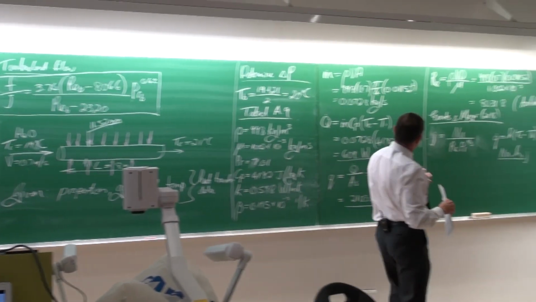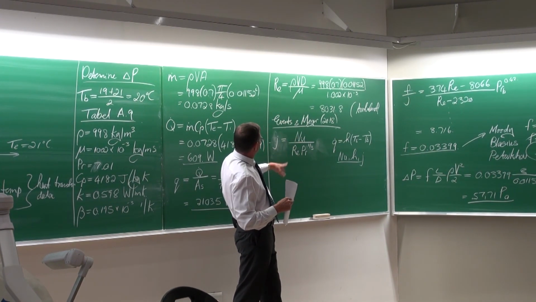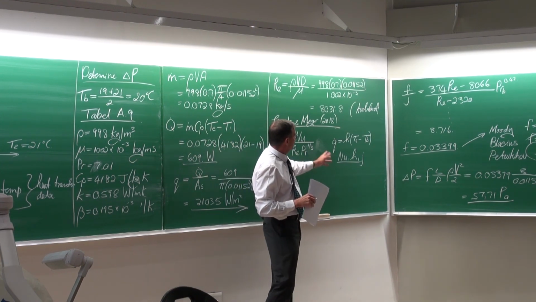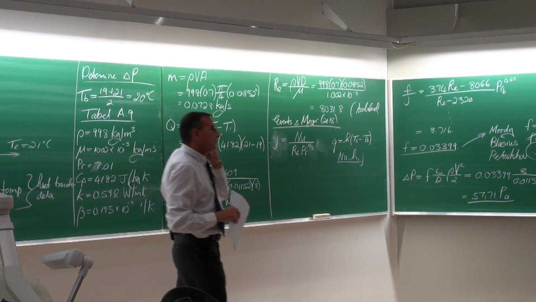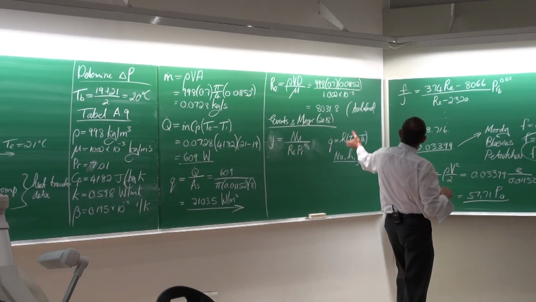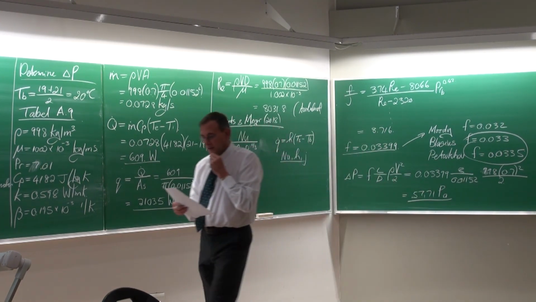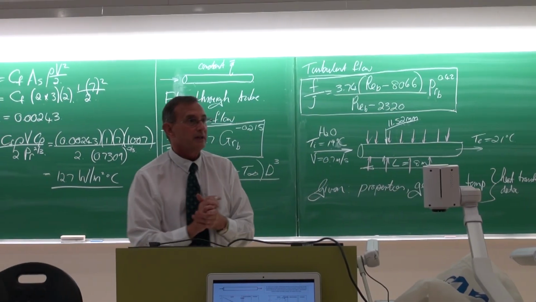Okay, I just want to remind you, in all these calculations, I've unfortunately missed calculating the J factor and the heat transfer coefficient and the Nusselt number. You can just go and do it at home. The principle is, once you've done that, you can put it in that equation and you can get the friction factor. So, what is the bottom line again? The bottom line is,